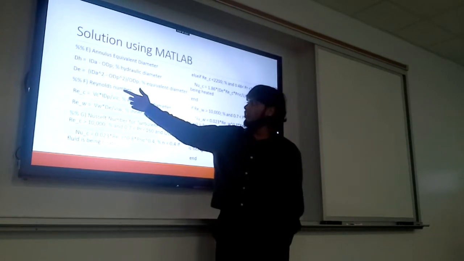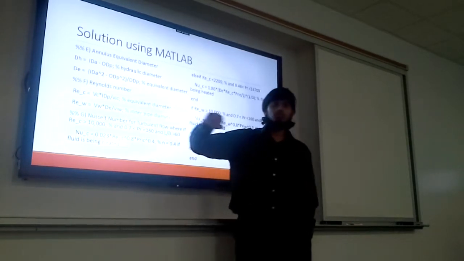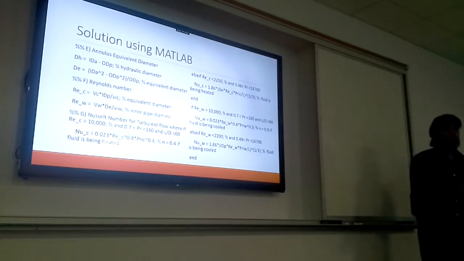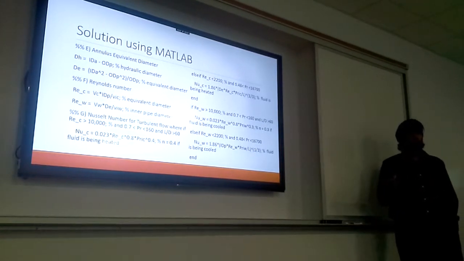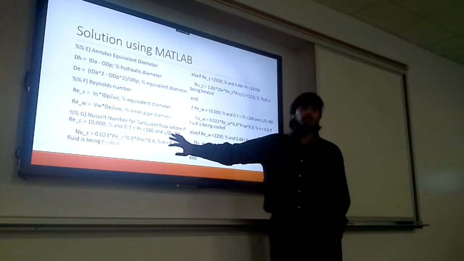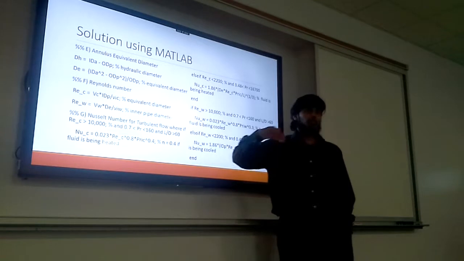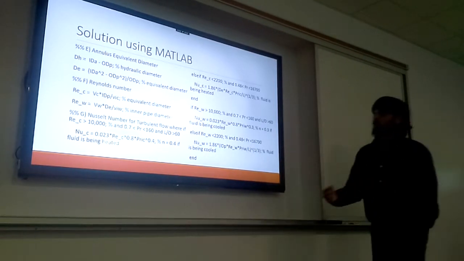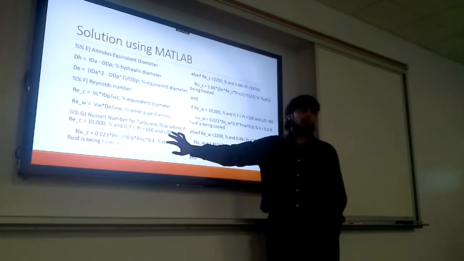And so, as a result, the Reynolds number that we find out, right? There are going to be two types of Reynolds numbers you're going to use. One is going to be used for the Nusselt number, and the other one is going to be used for the friction factor. Based on the methodology given in your book, we're first going to go through the Reynolds number for the Nusselt number, and then the Nusselt number will